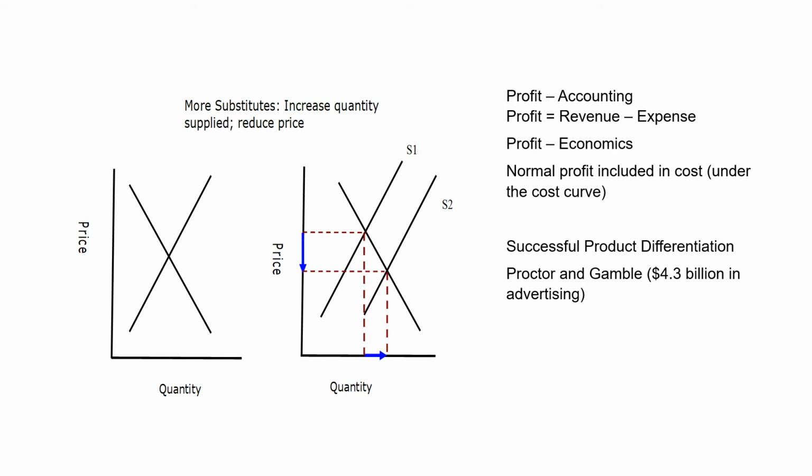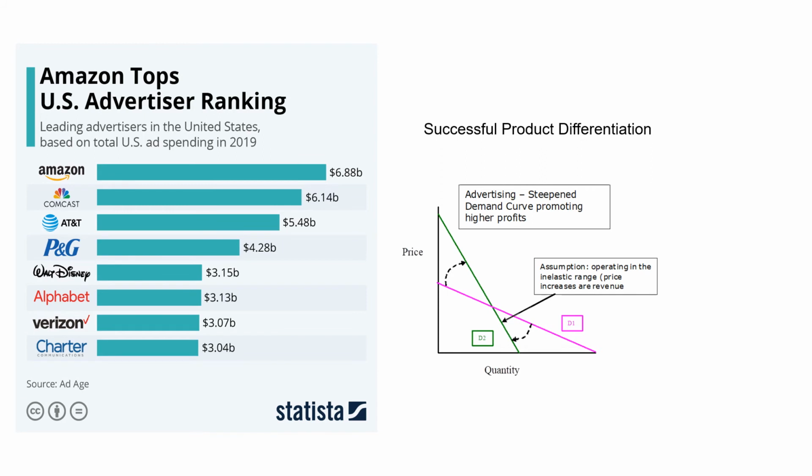Anyhow. So again, successful product differentiation would be steepening the demand curve, moving this from a flatter demand curve of D1 to a steeper demand curve, rotating, if you will, on its axis, and rotating it upward. And so the objective, of course, is that if you can successfully differentiate yourself, you are able to raise price and increase your revenue.